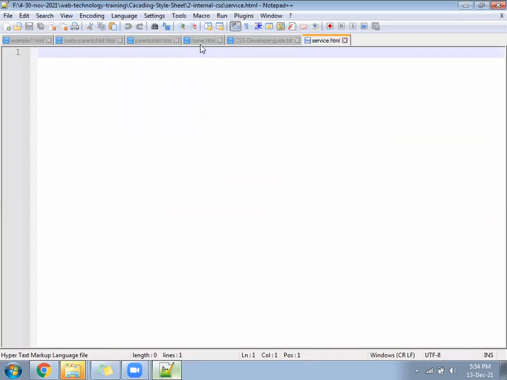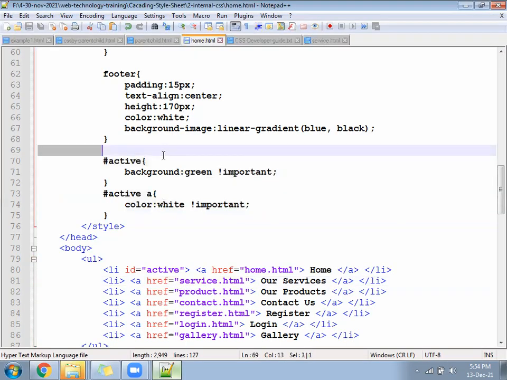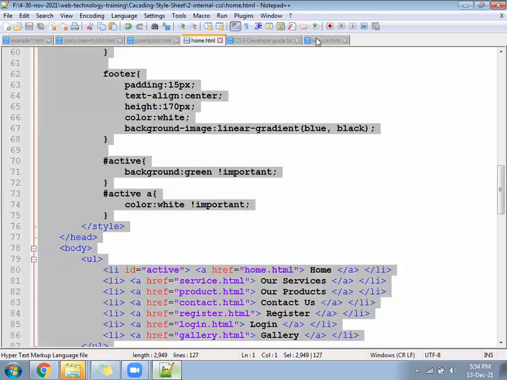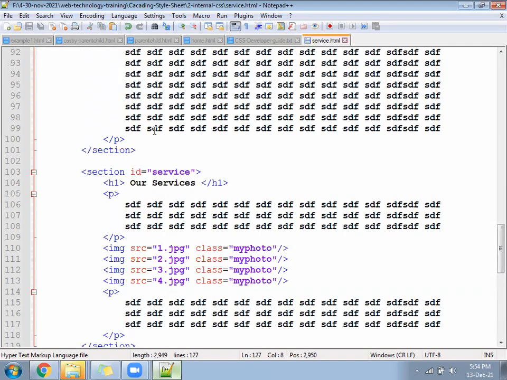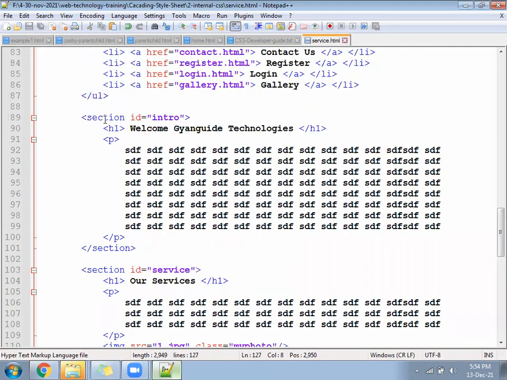Take a copy of the home file and delete the intro section.